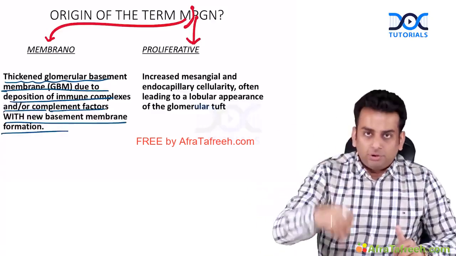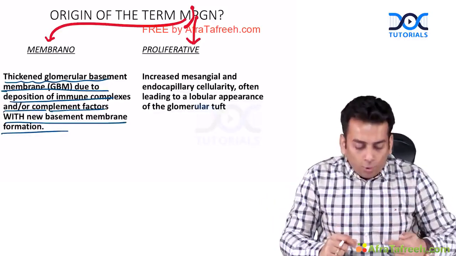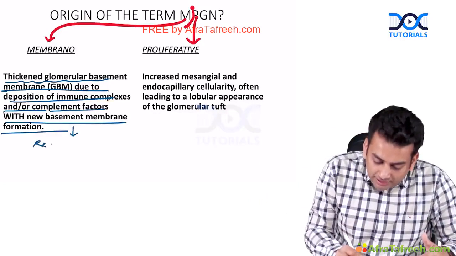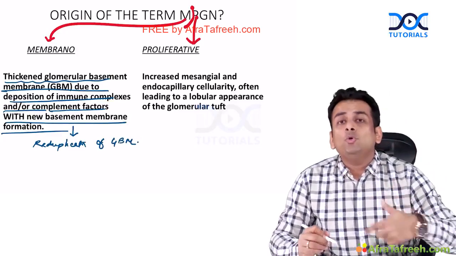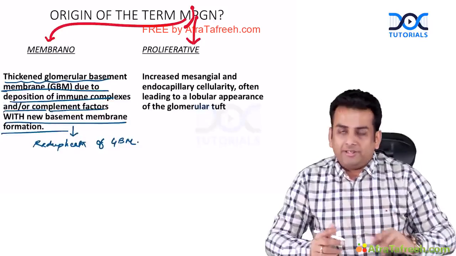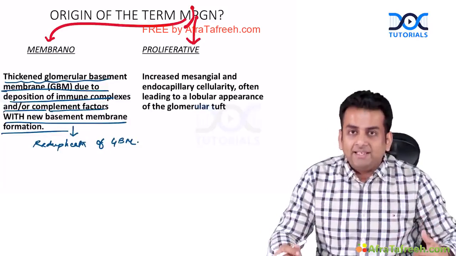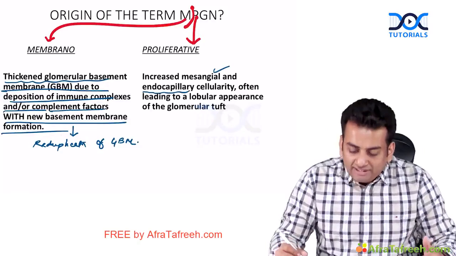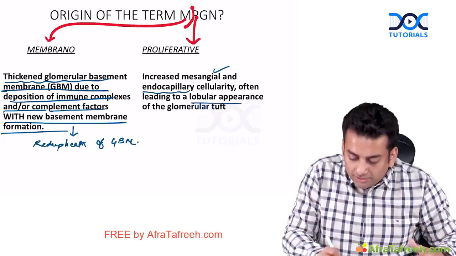Why did it get thickened? Because of deposition of something. And when it got deposited, it led to reduplication or formation of a new basement membrane. So it led to reduplication of GBM or formation of a new basement membrane. Now come to proliferative. Proliferative means increase in cellularity. Now there is cellularity increase in the mesangial or the endocapillary cellularity, often leading to a lobular appearance of the